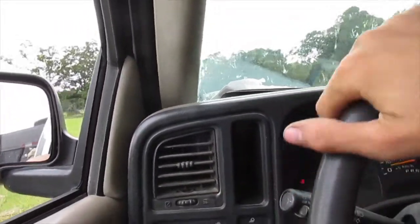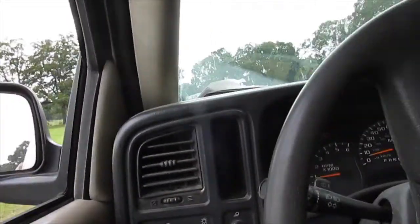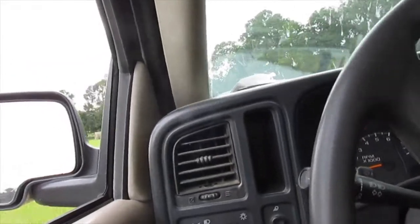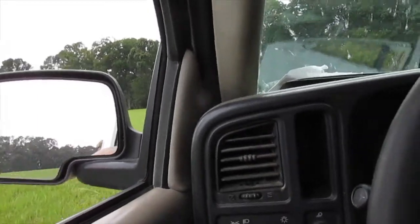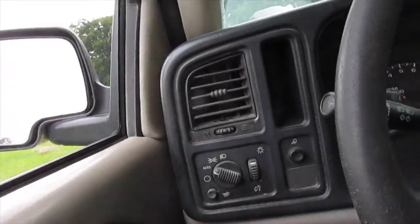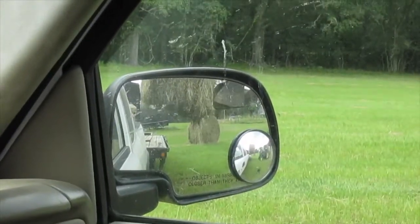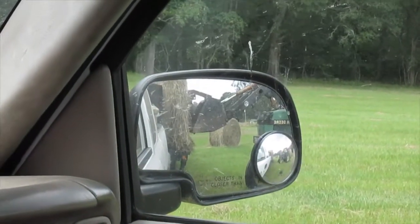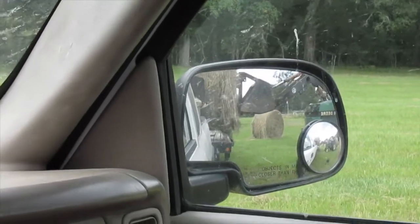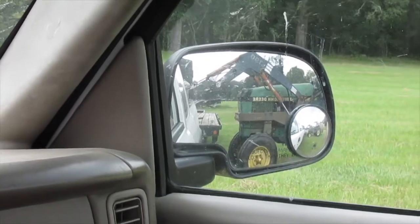It's like day 10 of this video. We've been doing hay and stuff, and it's been a couple days since the last part, and we're now moving the hay out of the field, and Daddy's on the tractor. I'm in the truck. He's on our 2640. We used it to cut, and I was raking on it. And we put the loader back on it,